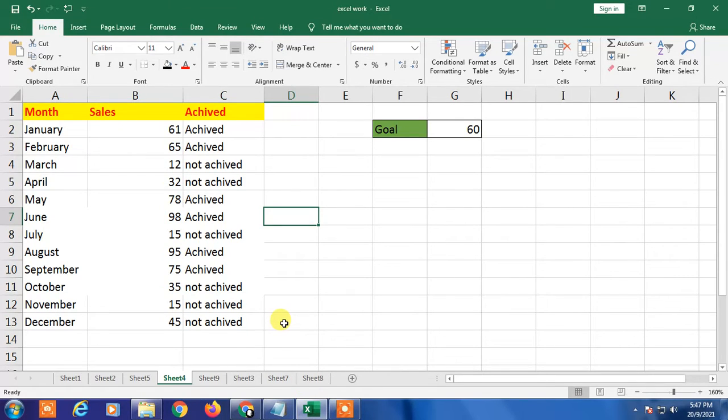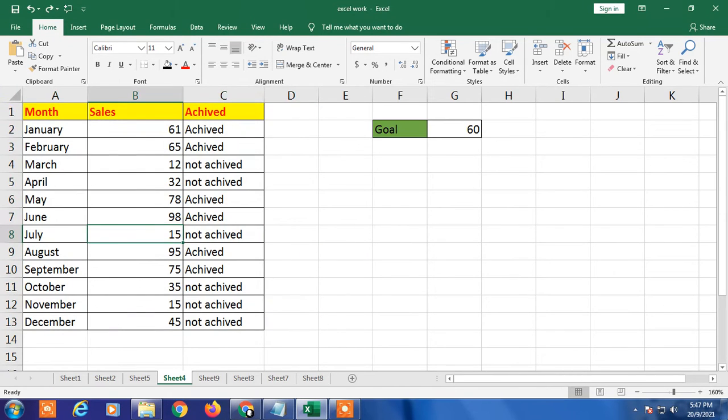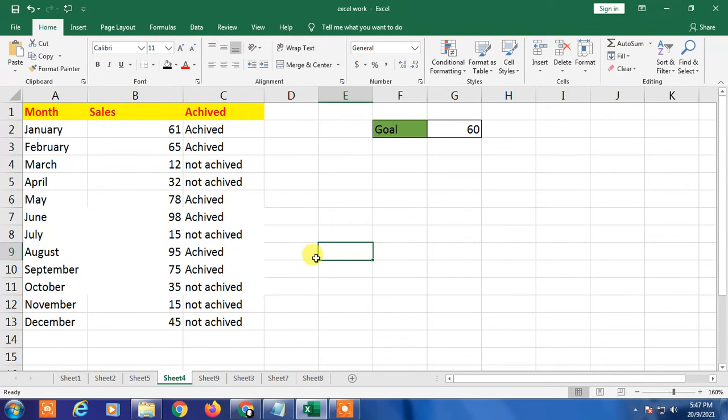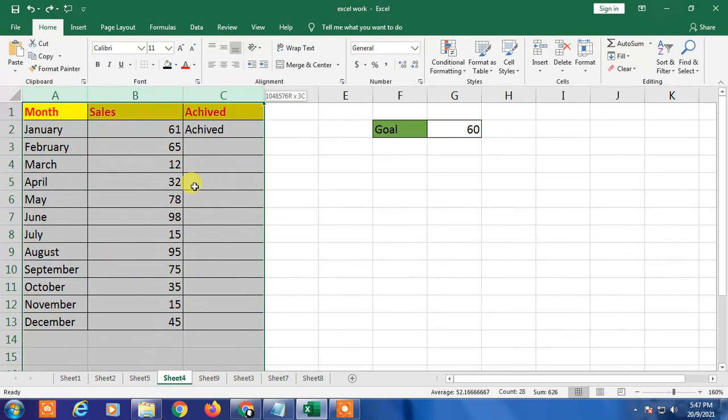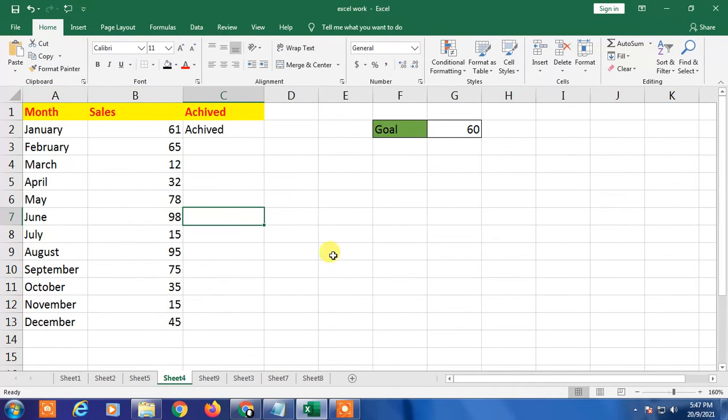So here we are. This is my sample data, and I'm going to show you how you can hide grid lines in Excel. First I have to make some changes. Okay, so if I want to hide grid lines in the whole spreadsheet or whole Excel, just go to the